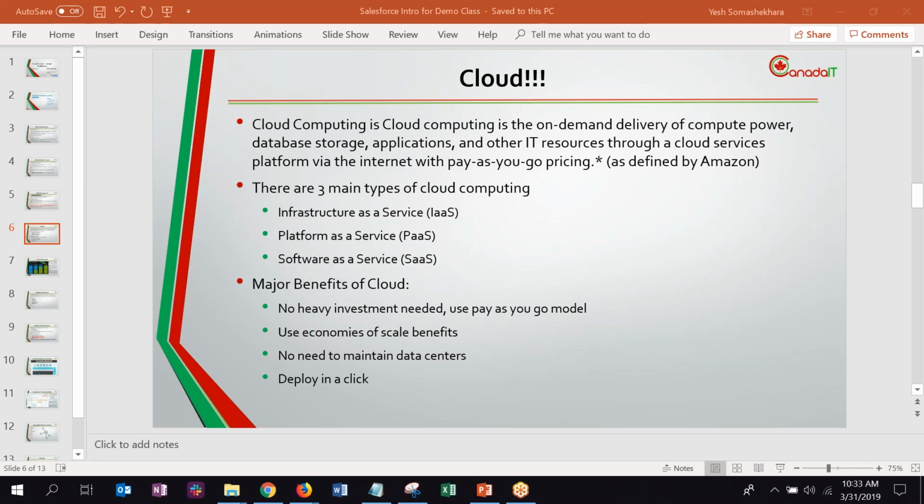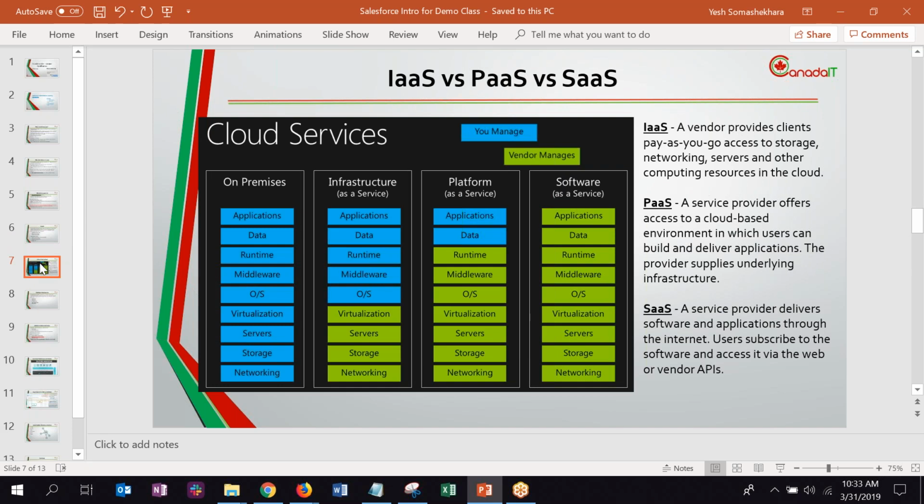Okay, then I want to talk about three main types of cloud platforming, which are infrastructure as a service, platform as a service, and software as a service. Okay. So as you can see here, on premises, as I said before, companies used to have their applications, their data, all the servers, storage, networking, everything they used to take care of.